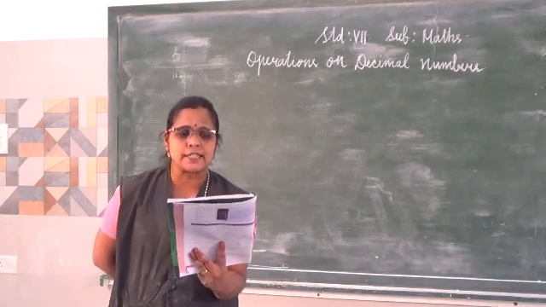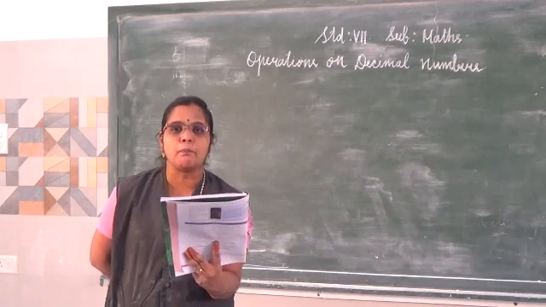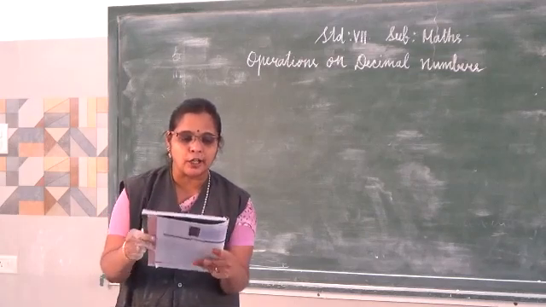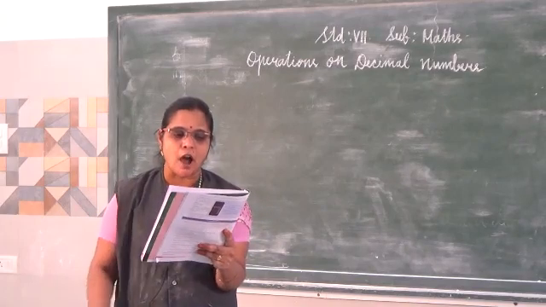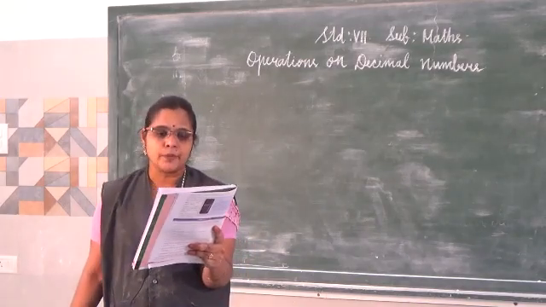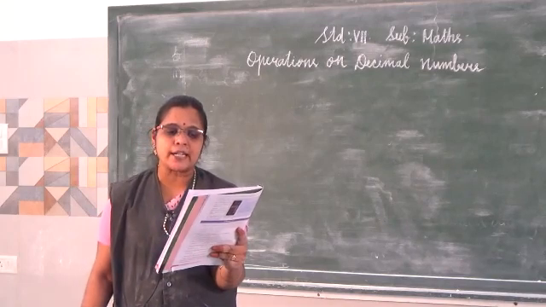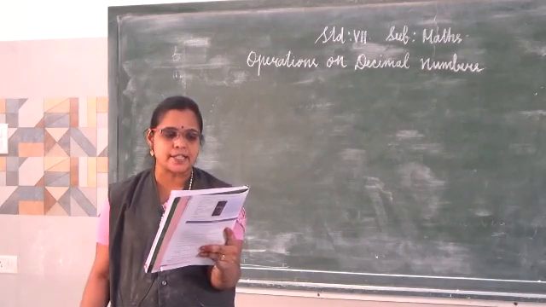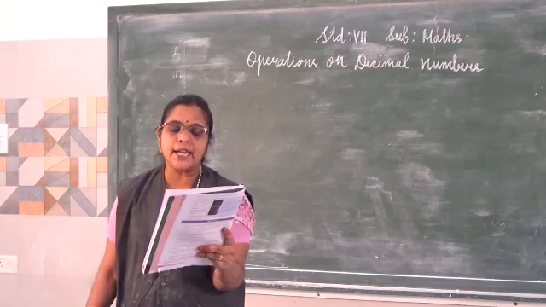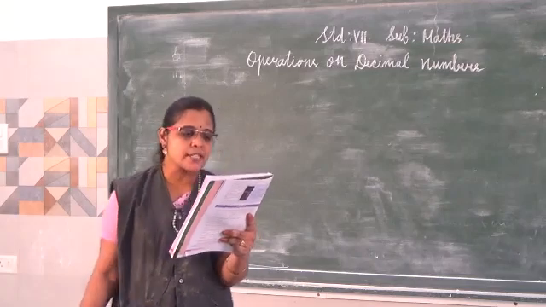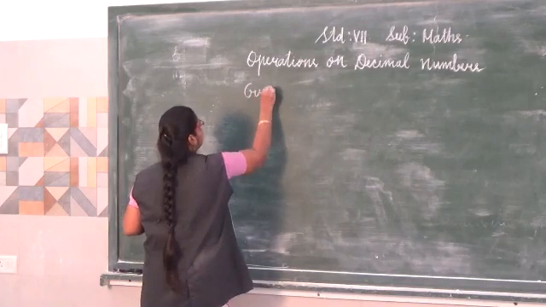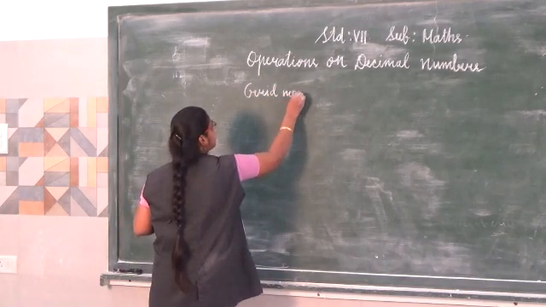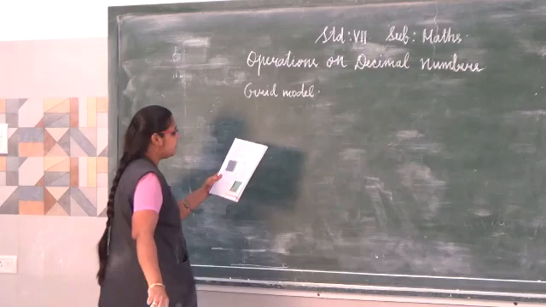So, addition and subtraction of decimals through models. There are two models: the decimal grid, or area model, and the place value model. They can be used to understand the process of addition and subtraction using decimal numbers. The first model is the grid model. So, this is the grid model.